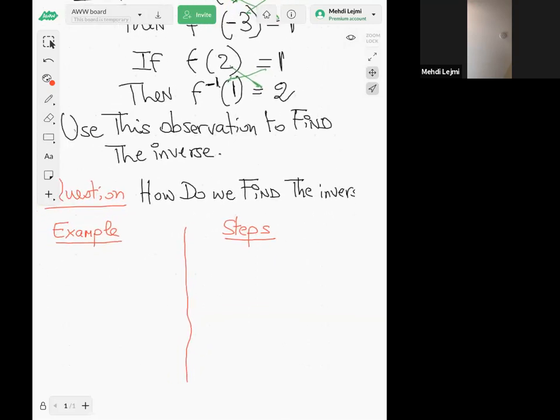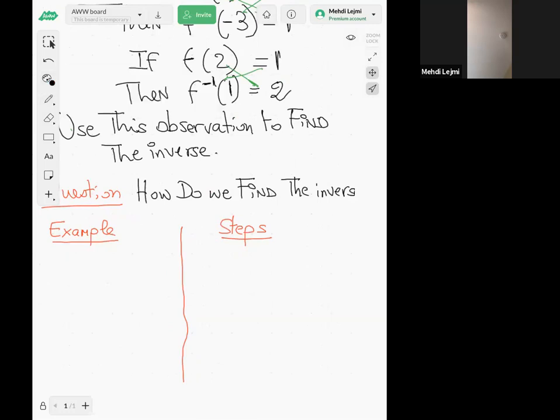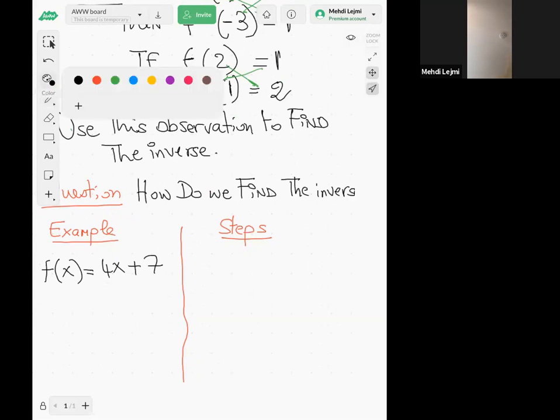So let's pick a random function f. So let's say f of x is 4x plus 7, all right? And I want to find the inverse. Okay. So first step, step 1, what I'm going to do in the first step is to just replace,